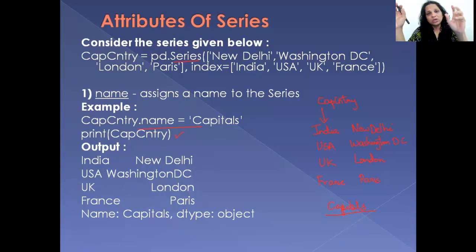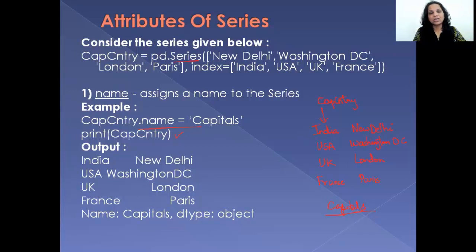Just to revise with you, a data frame is nothing but a tabular structure consisting of rows and columns. Now, if I take the content of a data series and put it into a data frame, New Delhi, Washington, DC, London, Paris, that's my data, right? That data will have a column heading called capitals. Otherwise, if I took this series which did not have a name and transferred it into a data frame, then New Delhi, Washington, DC, London, and Paris by default would have a positional index value, and you would have to give a labeled index.